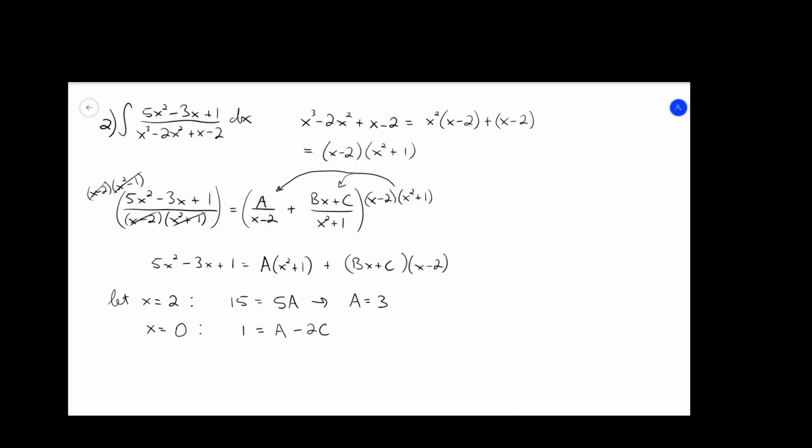Okay. So the b term is gone. All I have left is a and c, but I know what a is already, right? So that makes it easy, because if a is 3, if I plug in 3 here, and then I subtract it from both sides, now I have a minus 2 over there, so minus 2 to minus 2c, so that tells me that c is 1. Okay, now